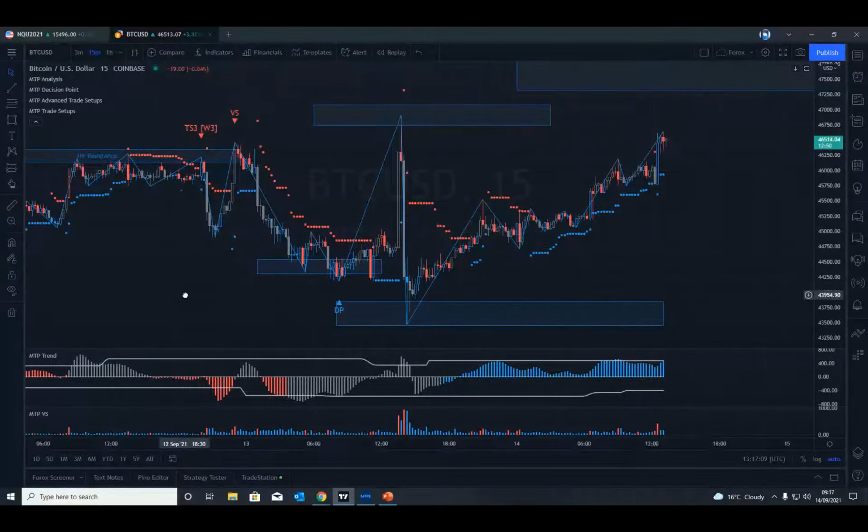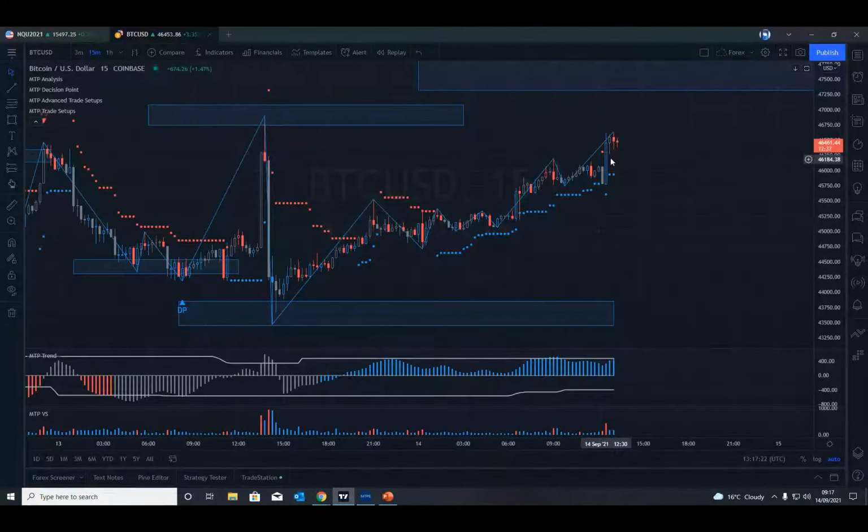It has caught the highs really nicely, hasn't it? So it ping-ponged between the DPs very nicely. So caught that high, came down, caught the low, caught that high, caught that low, and now it's rallying up here. So during this time frame, we'll be looking for buy setups and not sell setups till it reaches this resistance area. And you see nothing's happening here.